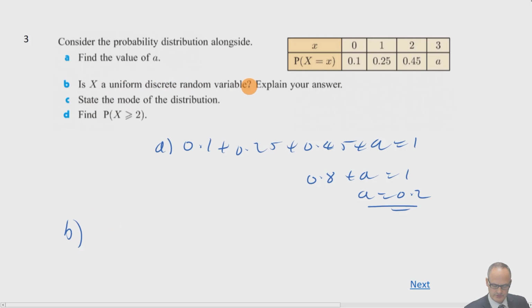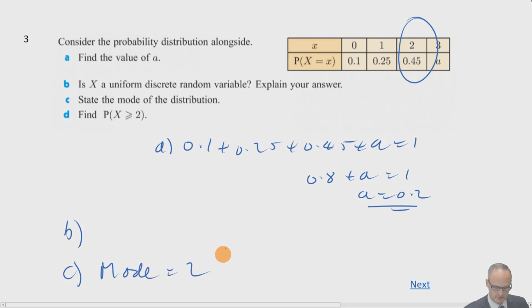Is it a uniform discrete random variable? No, because the probabilities are not the same. They're not the same throughout, so therefore it's not a uniform discrete random variable. State the mode of the distribution: the mode is the one with the highest probability. So the mode, part C,